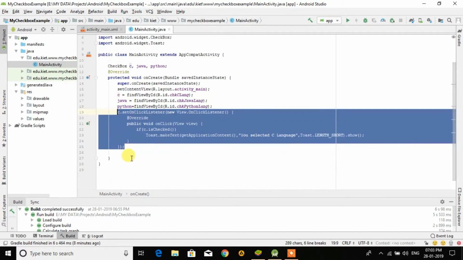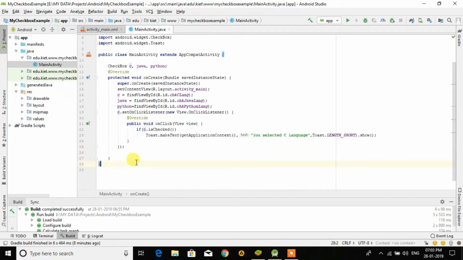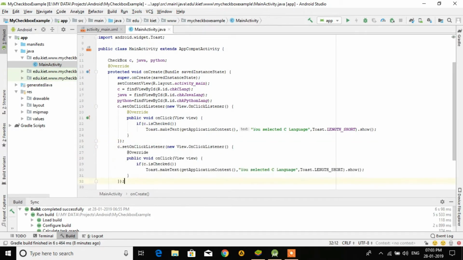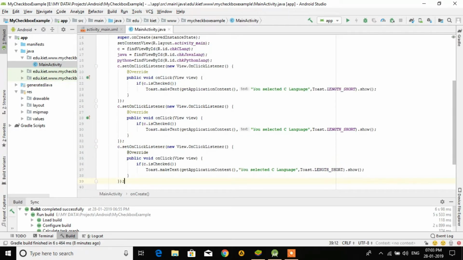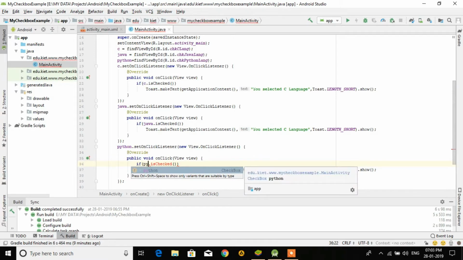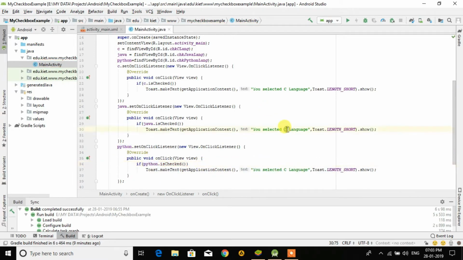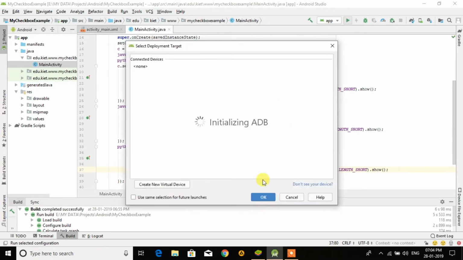What we have to do is just copy and paste here, and paste one more time. We change the name of C to Java, and here we change the name to Python. Here we change the name of Java, and here the name of Python. Now we write "You selected Java language" and "You selected Python language". Now we try to run this program